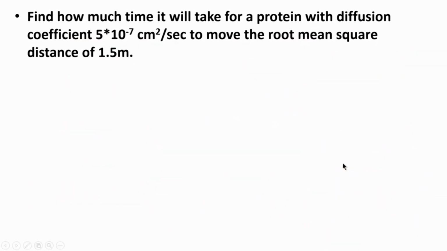So let us look at another question now. So now we are moving towards the diffusion part of the course, and the question in this case is how much time it will take for a protein with a diffusion coefficient of 5 × 10⁻⁷ centimeter square per second to move the root mean square distance of 1.5 meter. So now what is 1.5 meter? You can consider it, let us say, a length